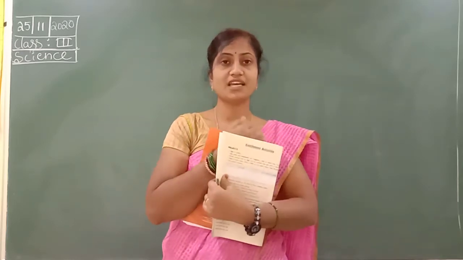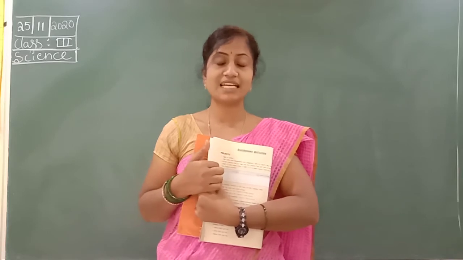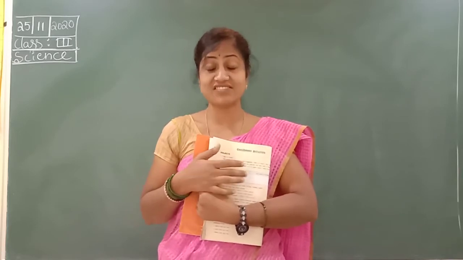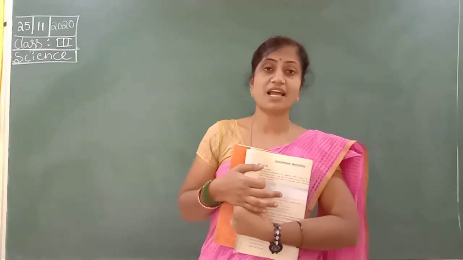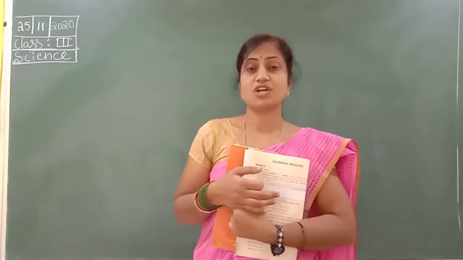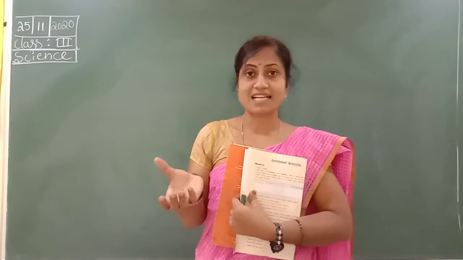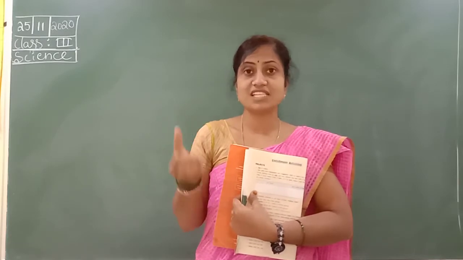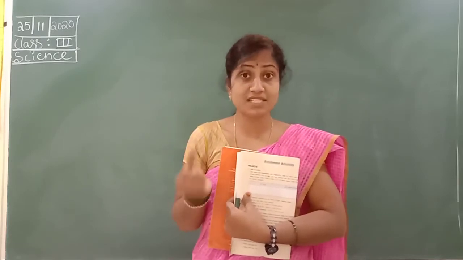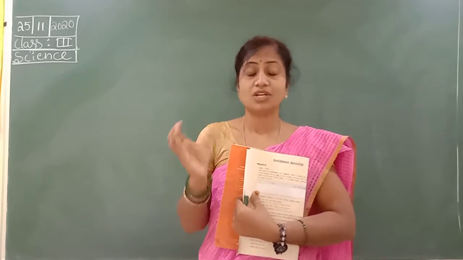So you have to take a chart paper and divide it into 2 types: one, which animals lay eggs, and which animals give birth to their babies. You have to make 2 columns, and especially first you have to take the adult's help. Take magazines or newspapers and cut out the 2 pictures of animals that give birth to their babies and the 2 pictures of animals that lay eggs.